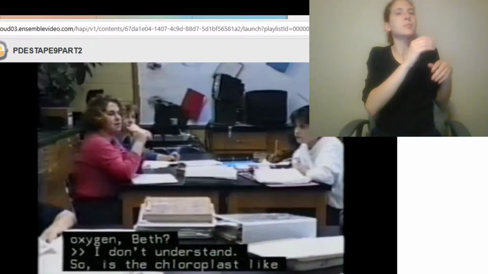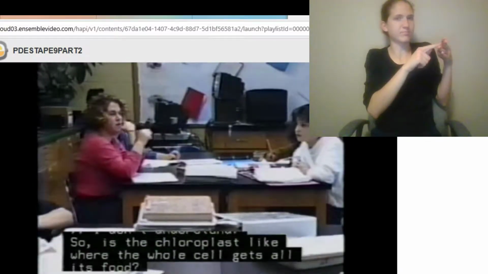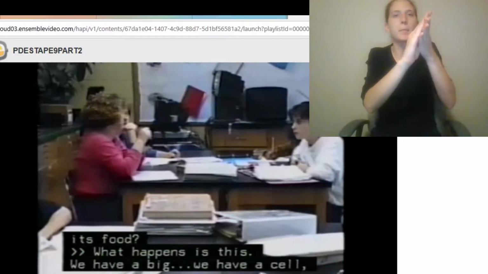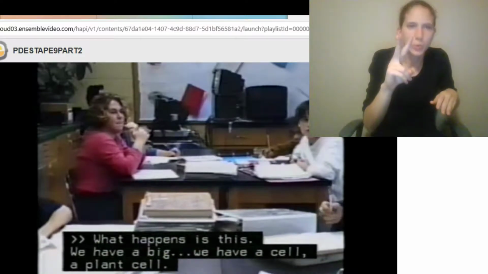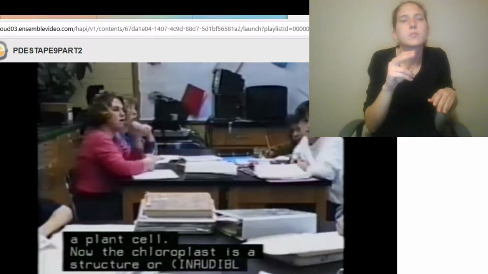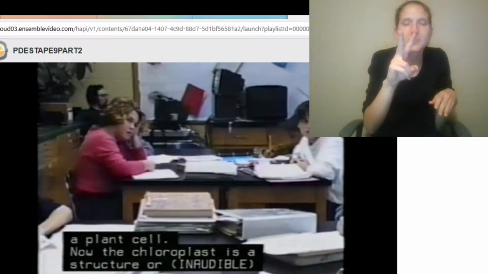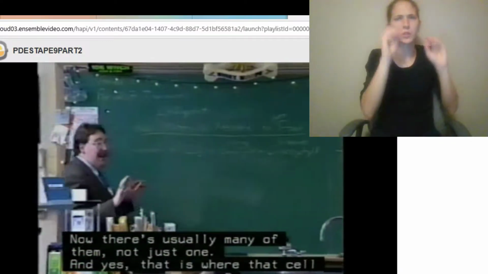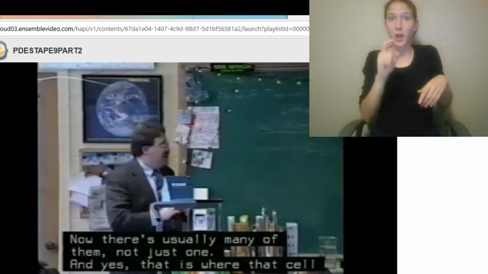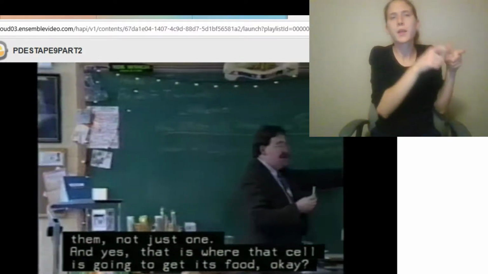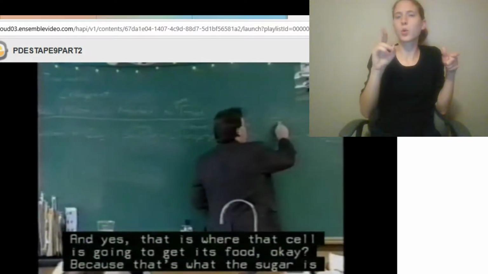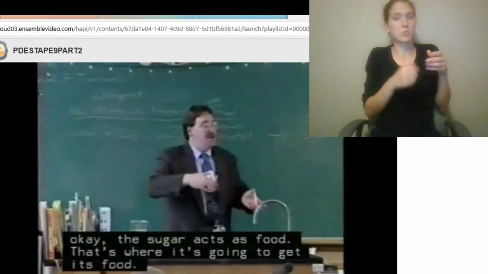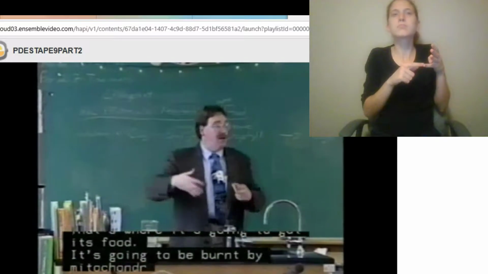Beth? So is the process like with the whole cell is all food? Okay. What happens is this: we have the cell, a big plant cell. Now the chloroplast is a structure or organelle in there. Now there's usually many of them, not just one. And yes, that is where that cell is going to get its food. Because that's what the sugar is. The sugar acts as food. That's where it's going to get its food to be burnt by mitochondria or whatever to give the